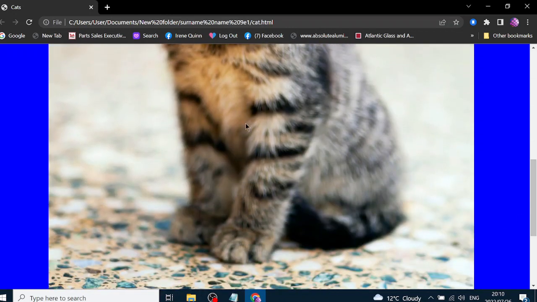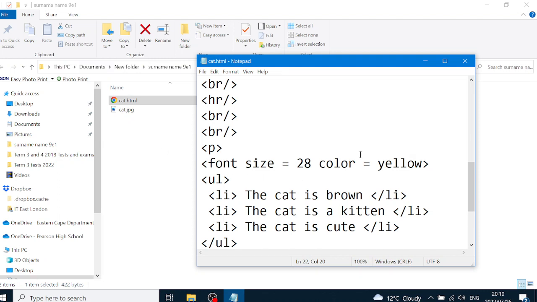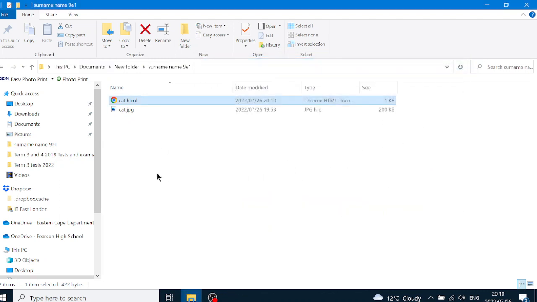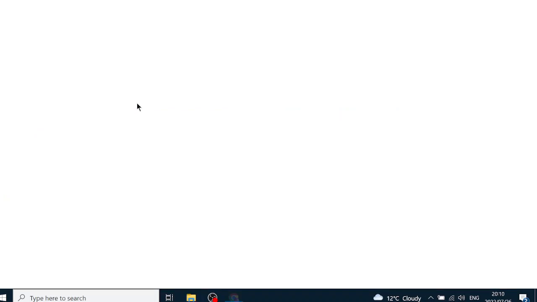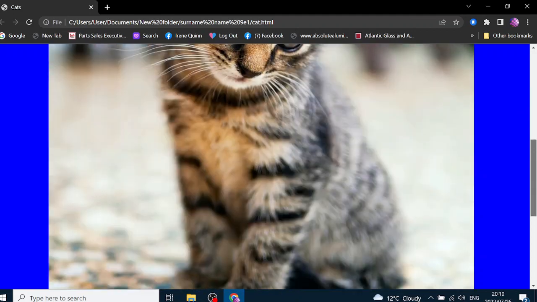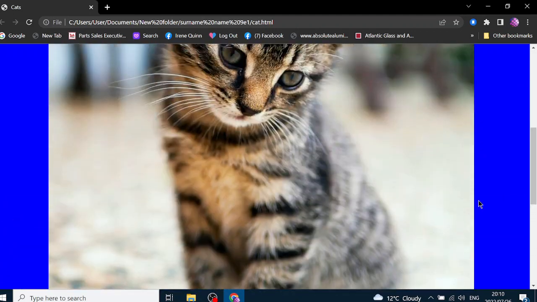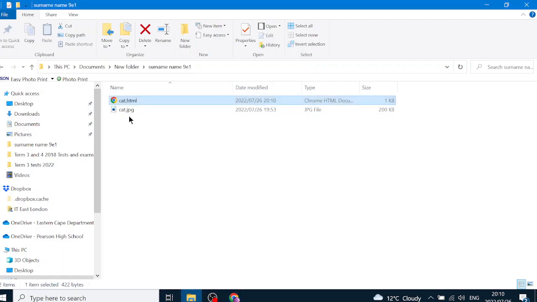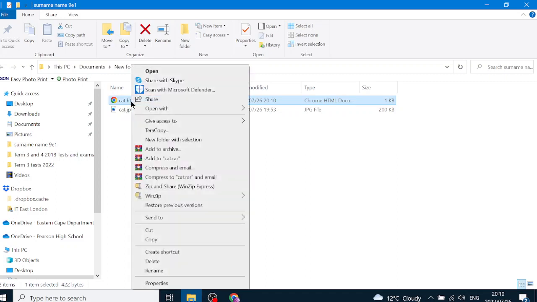Now what if we close everything and we want to open it again? So we close everything. Now we want to open our web page. Well, when we open it, we double click it and we can see the web page, no problem. But what if you want to make changes? Then you go back to that folder where your web page is, and you right click on the web page there, that cat.html, you right click and you say open with, and then you have to choose another app